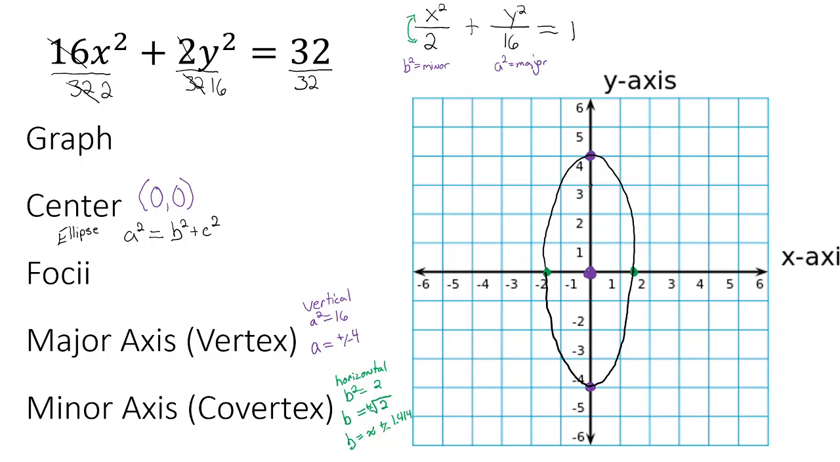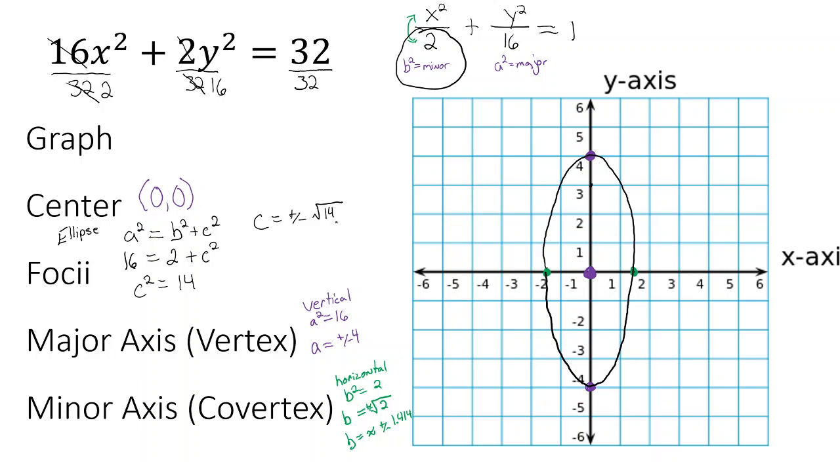is that we always have the foci. Well, never mind. It ends up forming a right triangle. I don't want to bore you with why. But a squared, in this case, is 16. B squared is 2. You can see right there, b squared is 2. It's not 1.414. a squared minus b squared equals c squared. So, c squared equals 14. So, c equals plus or minus the square root of 14,